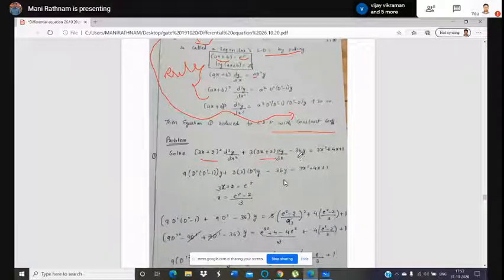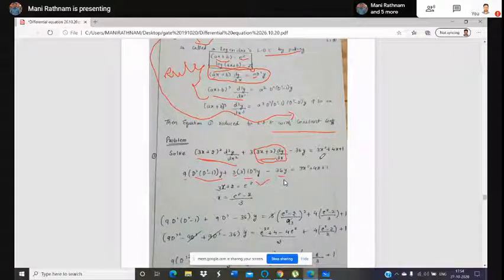So first you should go from this side onwards, minus 36 y keep as itself, and this 3 keep as itself, 3x plus 2 dy by dx. 3x plus 2 dy by dx we can replace with the coefficient of x, which is a, written in the substitution. So here it is 3x plus 2 equal to e power z, I have to take it. So here it is 3 d dash of y. And again here ax plus b whole square. So each and every term you have to correlate to the above relations formula. So a square, 3 square, gives 9, d dash of minus 1 of y.